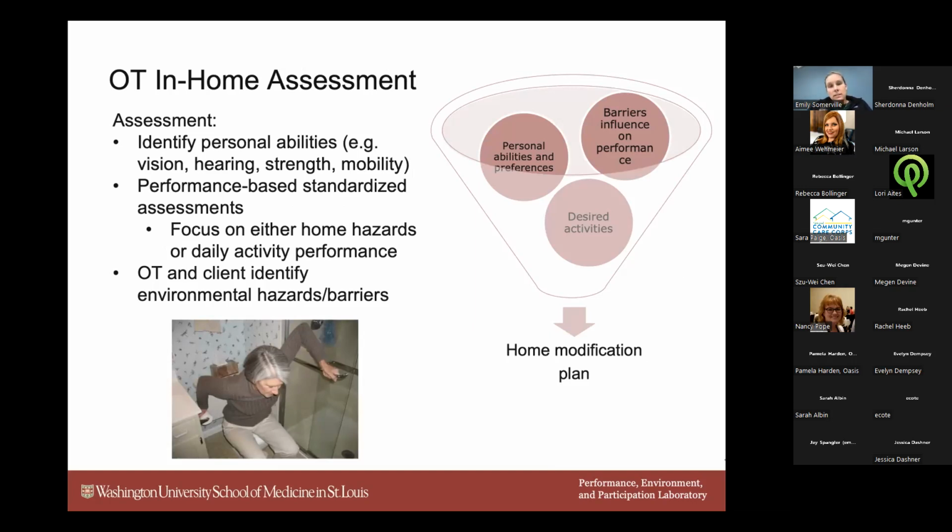So they're going to identify the personal abilities of the individual. Again, things like their vision, their strength, their mobility, what kind of chronic conditions they have, all things that are going to impact their ability to do things in their home and impact what recommendations for modifications are going to be made. They'll also use standardized assessments, and depending on whether or not the intervention is more focused on improving daily activity performance or whether it's more specifically about preventing falls,